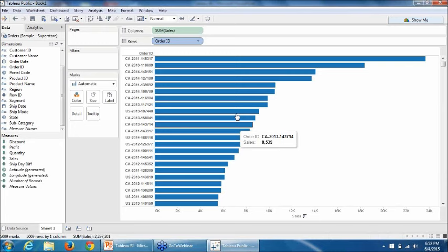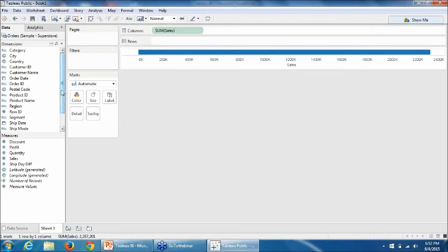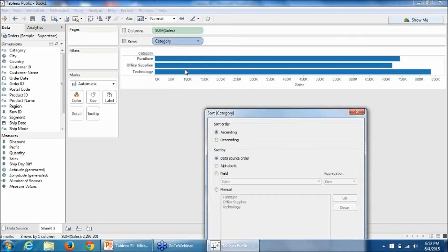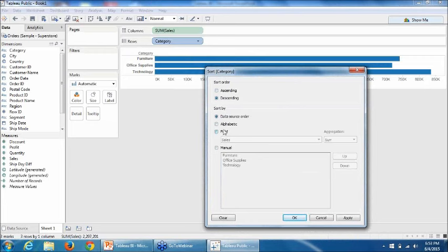Now let me bring more data into the visualizations, so I make some sense of it, right? Now I want to know my sales by the product categories. So I bring categories in the row and I see different categories and their sales performance, right? I can again go and sort them based on their size and on sales.